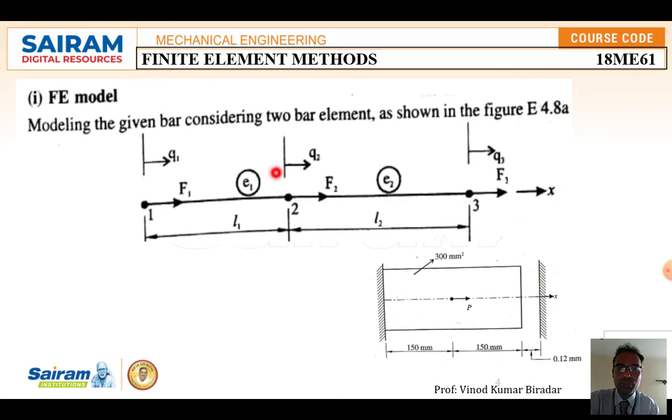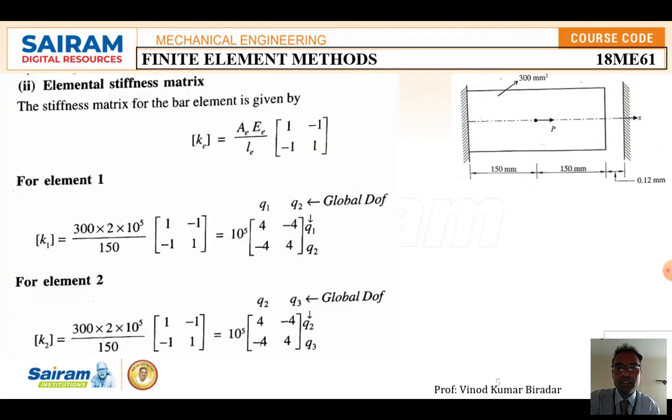So L1, L2: this is element number 1 and this is element number 2. The first step is to go over the finite element model. Coming to the second step, you have to calculate the element stiffness matrix for each element. The stiffness matrix for the bar element is given by a standard formula, which we already derived